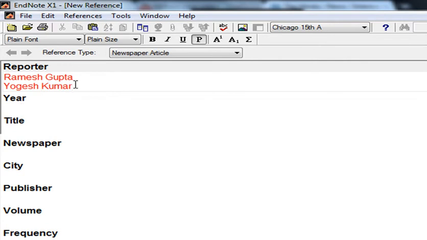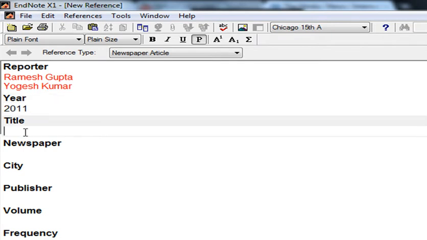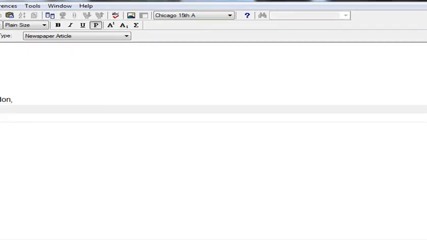The red color is because EndNote doesn't know who Ramesh Gupta is, and this word is not used elsewhere in EndNote now, so it is showing red. The year is, as you know, 2011, and the title is, like we just saw, Police Calm London. We have to write the full title. The newspaper's name is The Hindu.